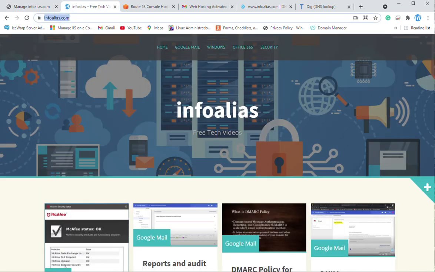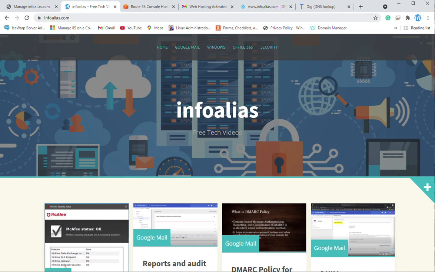and we can also verify if the website is working, because this is the most critical thing when you are moving your DNS records to another DNS service provider. So you need to verify each and every service which you are migrating from one DNS service provider to another.